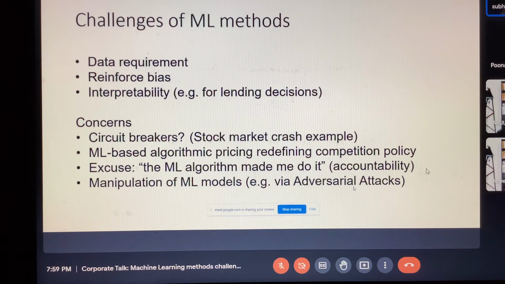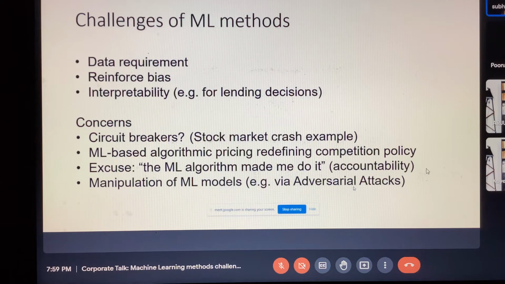So these are concerns. The third concern is accountability. Somebody says, why do you do it? The AI tool, the machine learning tool told me to do it. So why did you give a loan? Well, it told me to do it. Accountability. Somebody wanted to scam the bank, and some manager gave a loan, and the auditor asked, on what basis did you give a loan? Then the bank manager said, oh, the AI tool said it. It's not my fault, the AI tool did it. So what does the auditor do? Nothing. So you have to think about it. Therefore, it's an excuse. So therefore, it's a concern.